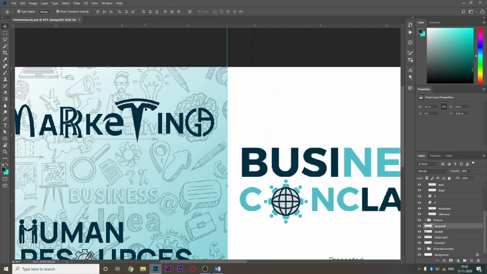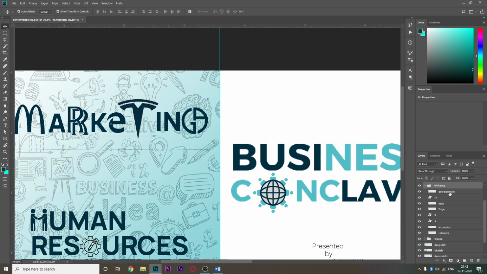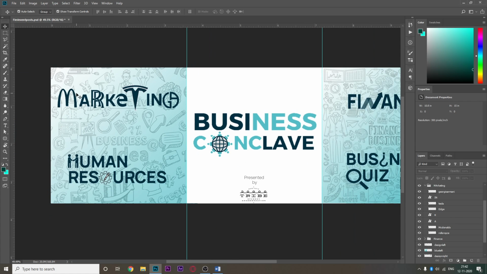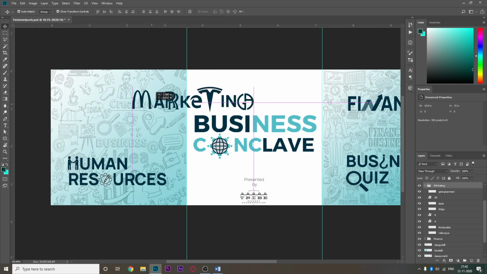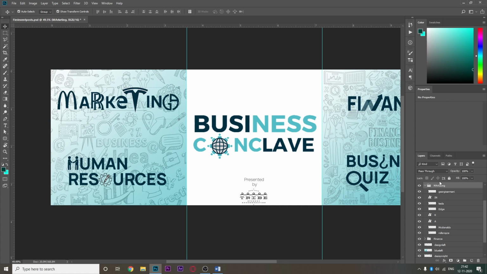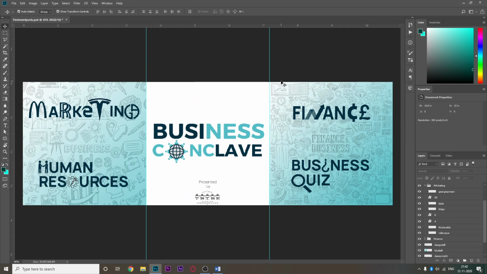So basically, we took these elements; if you'll see, this G is independent. This K is independent. This E, that is for Microsoft Edge, is independent, and all these elements were independent, but now I can select this and it moves as a single unit because I've grouped these elements.